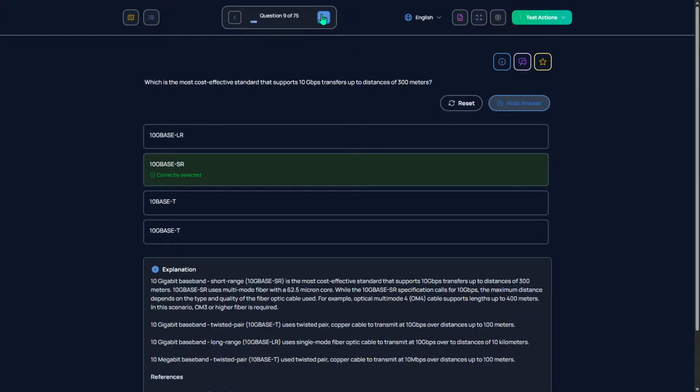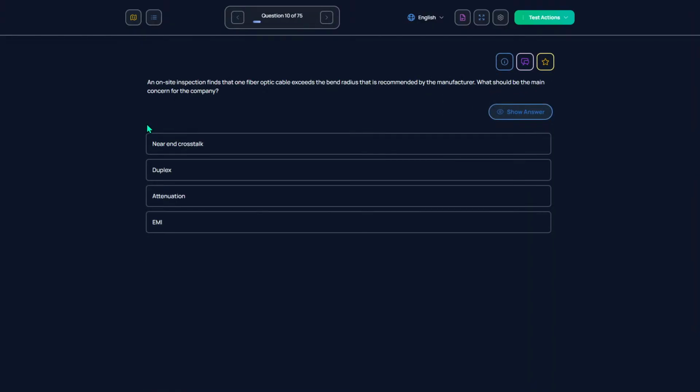Yes. Perfect. An on-site inspection finds that one fiber optic cable exceeds the bend radius that is recommended by the manufacturer, which should be the main concern for this company. It should be attenuation.